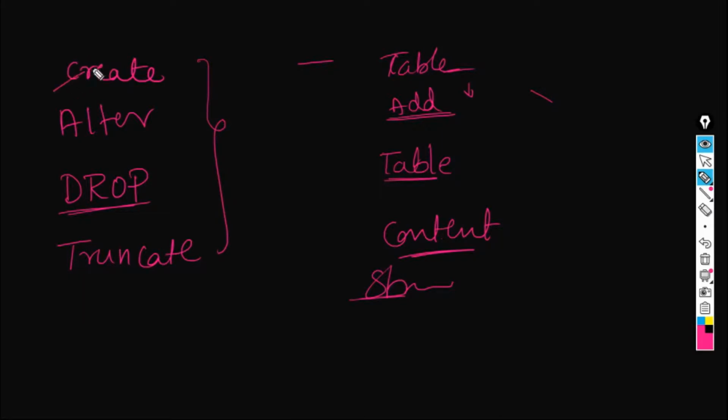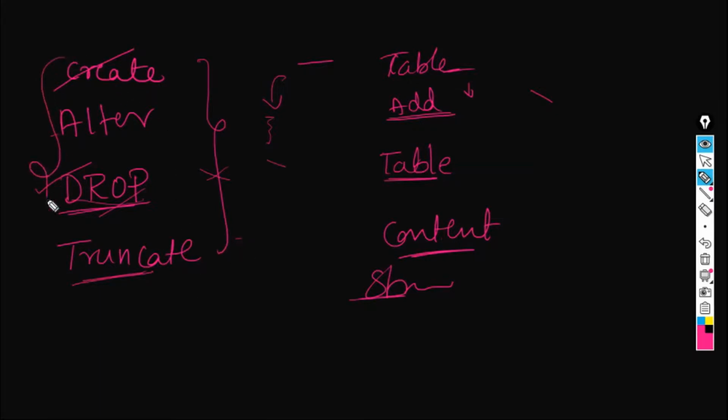Here we are creating the table. Here we are adding the column. We are not doing anything to the data. Here we are dropping the entire table, including the structure of the table. In this case, we are just truncating all the content which is available in the table.